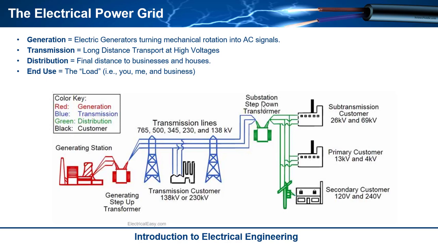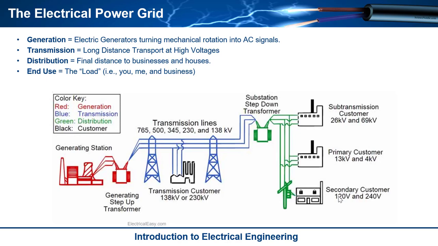I'll show you a picture of that in a second. And then what happens is you have a lower voltage that is then distributed across the city. And there's some customers, industrial plants, that'll be able to tie into that step down voltage. And this is in the 13 kV, 4 kV type of numbers. And then there's us. Okay, so we're the households, and they step it down one last time to get it